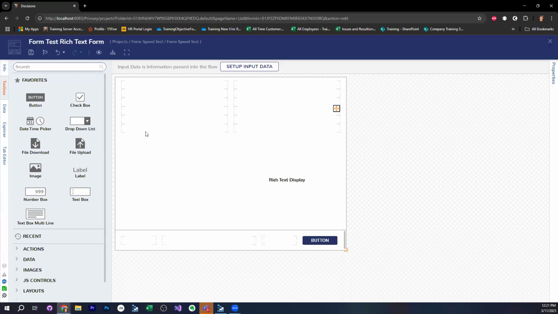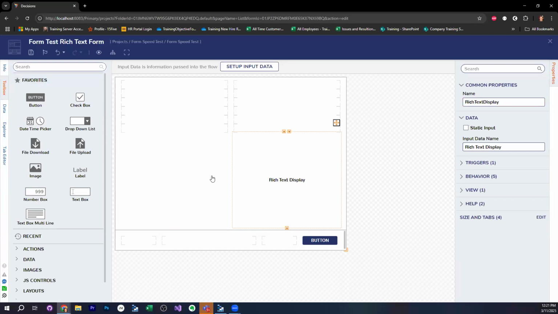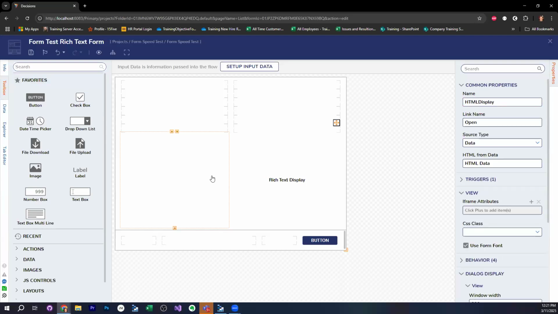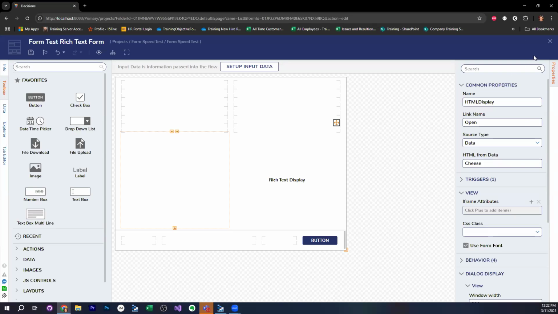When you define the properties for one of those, you didn't put the field in the setup input data. How is it knowing where to get that from? The field in the setup data? On the right-hand side in the properties, the HTML data. It adds it as an input automatically on the form. Once you type that, HTML data is now an input on that form in the flow, even though it's not defined up top. Yep, even though it's not defined up top.